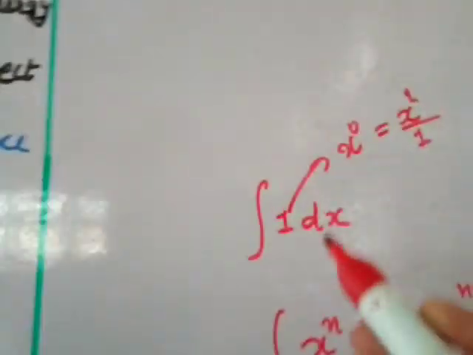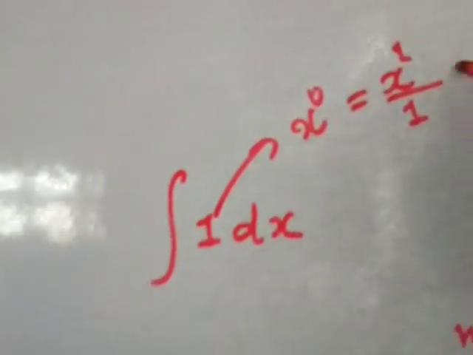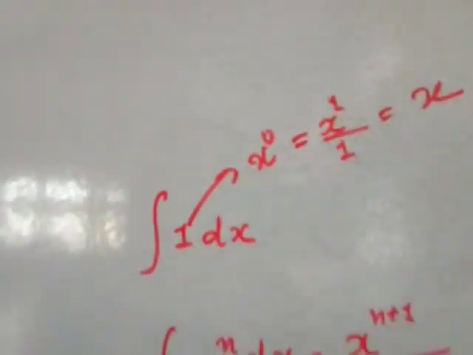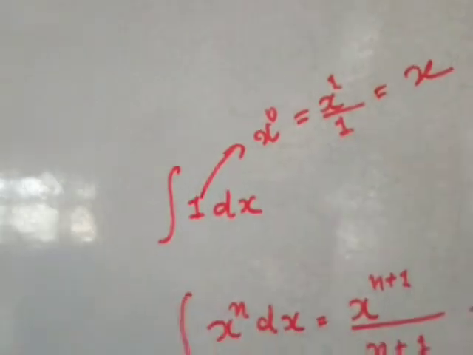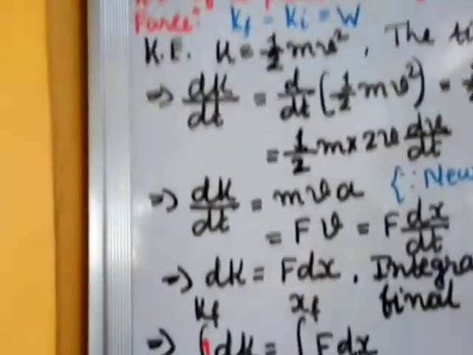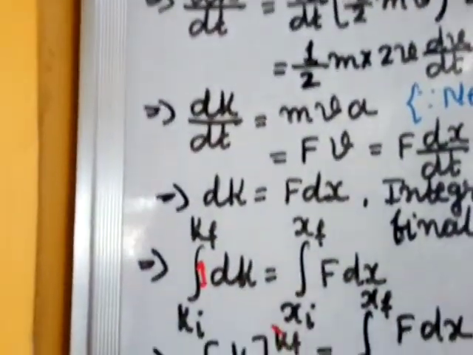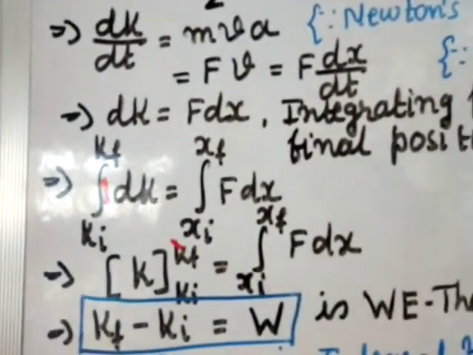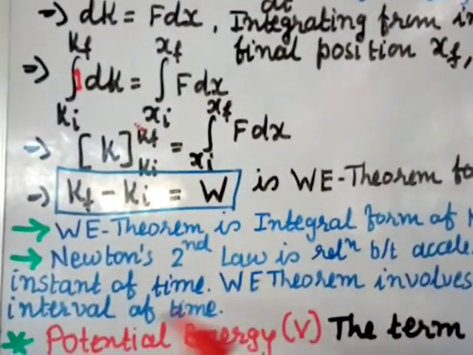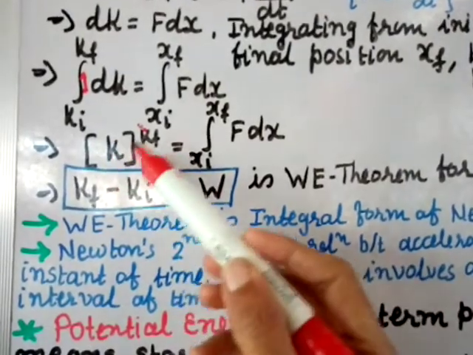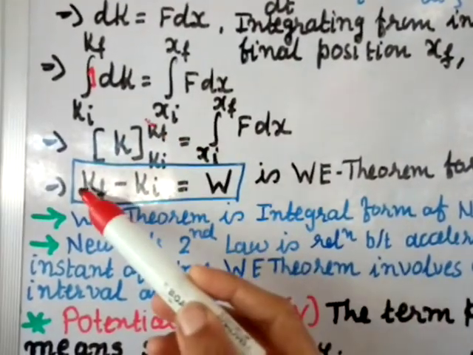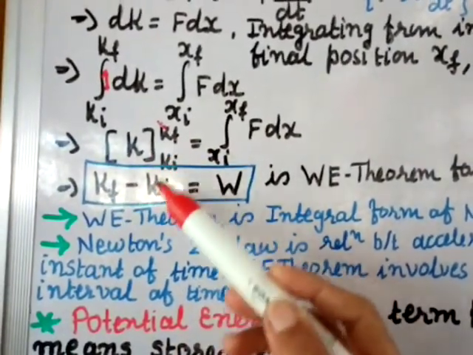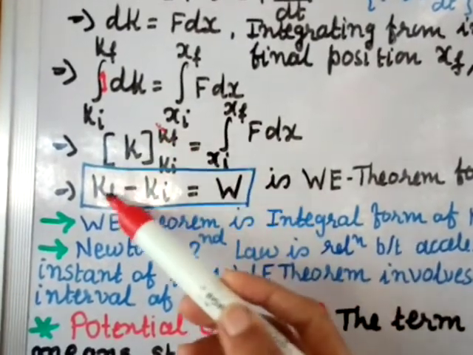See here, integral of 1 dx I get as x. Okay, the answer is x. So if you get integral of 1 dx as x, then integral of ki to kf dk will be k. Okay, using that identity, now we apply the upper and the lower limit. So instead of k, you apply first the upper limit, so kf, minus ki, the lower limit. First the upper limit minus the lower limit.